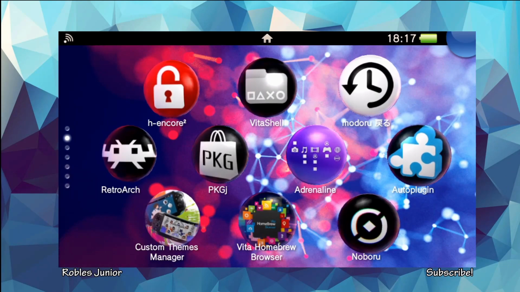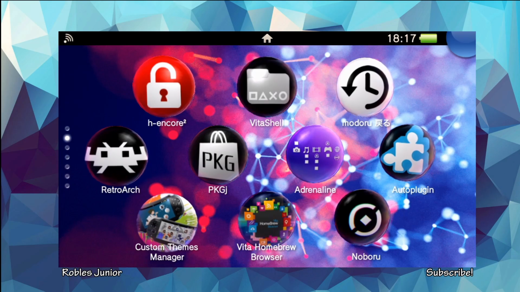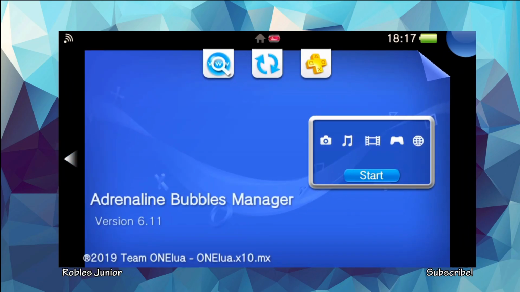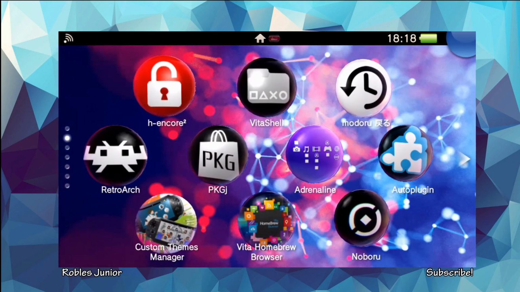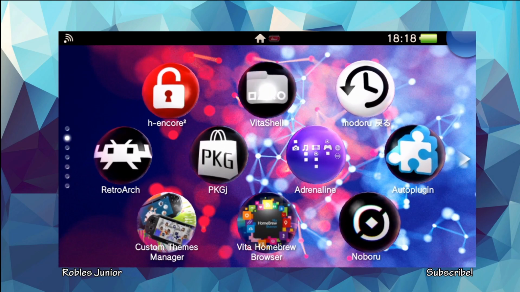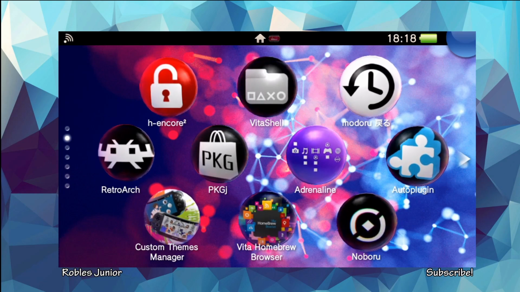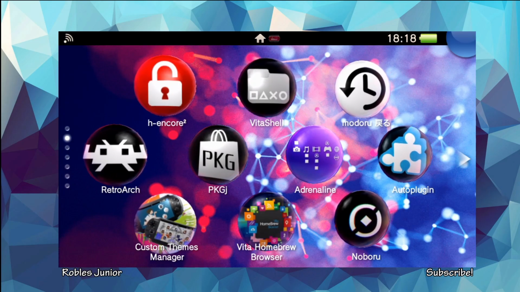Hey, what's going on everybody? Today we're going to take a look at another application for PS Vita, which is very convenient, and this one is called Adrenaline Bubbles Manager, and this allows us to create specific bubbles for our games that are installed on our Adrenaline app. And Adrenaline, if you're not familiar with what that app is, it basically copies the entire CXMB of the PSP and allows us to play our PSP games, PSP Homebrew, the PS1 ISOs, and things like that,